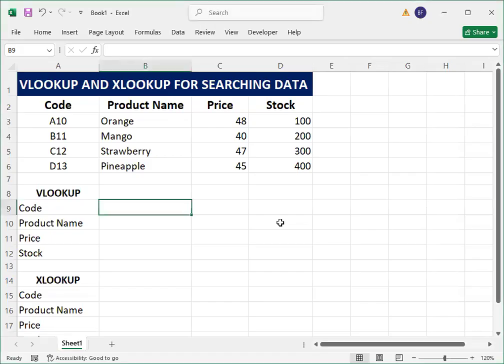Hey everyone, I'd like to show you how the VLOOKUP and XLOOKUP for searching data works. Excel has powerful lookup functions like VLOOKUP and XLOOKUP that search for a value in a table and return related data. For example, to find the code, product name, price, and stock of a product in a table, use the following